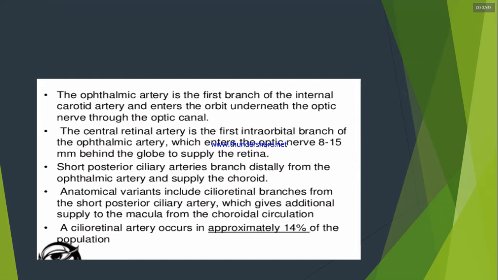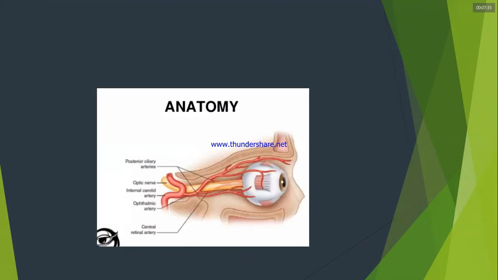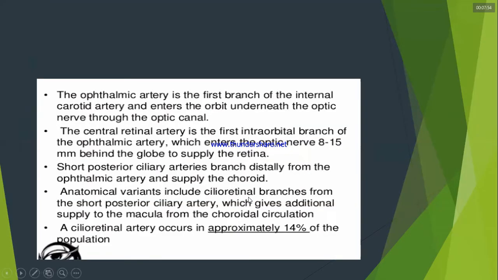All of you know that the central retinal artery supplies which part of the retina, anterior or posterior? The central retinal artery supplies the anterior part of the retina. The posterior part is supplied by the choroidal or choriocapillaries. The short posterior ciliary artery branches distally from the ophthalmic artery and supplies the choroid. Anatomical variants include the cilioretinal branches from the short posterior ciliary artery, which give additional supply to the macula